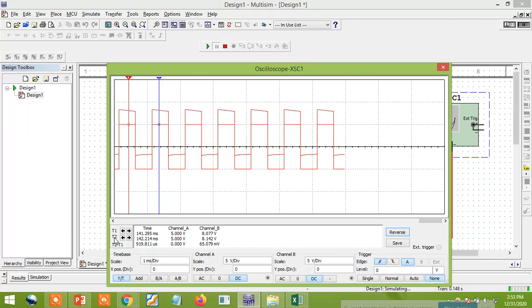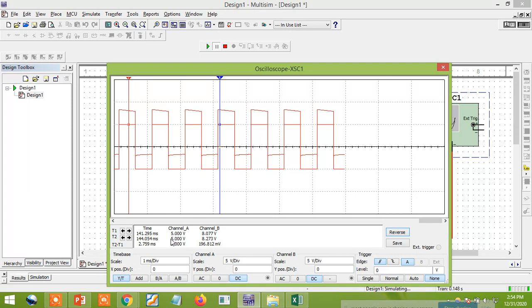Channel A is looking for the input, so these are the inputs, and channel B is looking for the outputs. Now you can use any one. I'm going to use T2 here for this case. So you can see that this is the input wave I'm getting here. Continuously it is coming, plus 5 volts to minus 5 volts. For trigger 2, I'm going to use minus 5 now. Now it will go to the top, meaning plus 5 volts. This is the input voltage I'm going to apply.